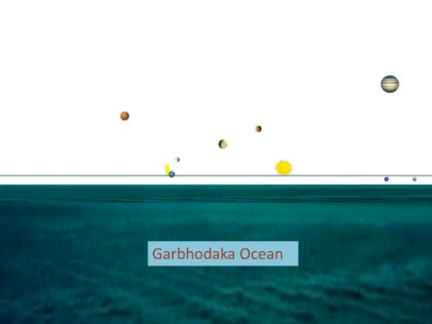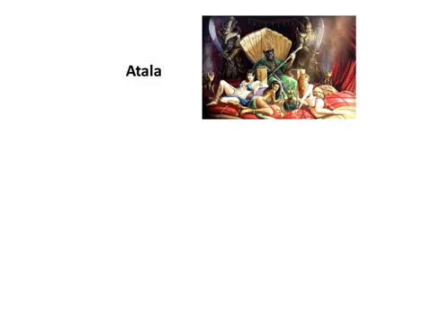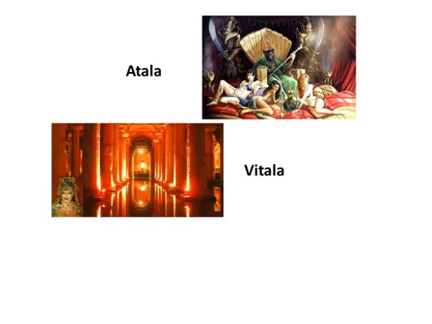Looking at those lower planets from the side again, here between Bhumandala, the horizontal line, and the Garbhodaka ocean are those planets. There's Atala, a place where heavenly prostitutes, or so-called heavenly prostitutes, lure men, making them feel very sexualized and powerful, and yet, at the time of their death, they will have to account for their karma. Vitala, a place where the beings live in great opulence, wearing gold and